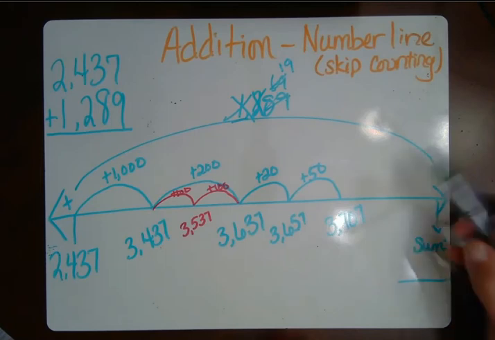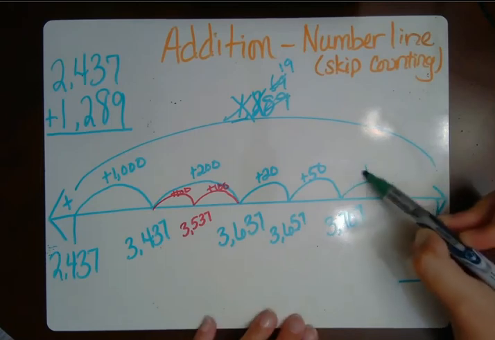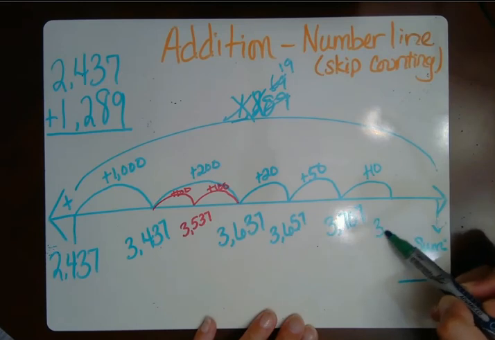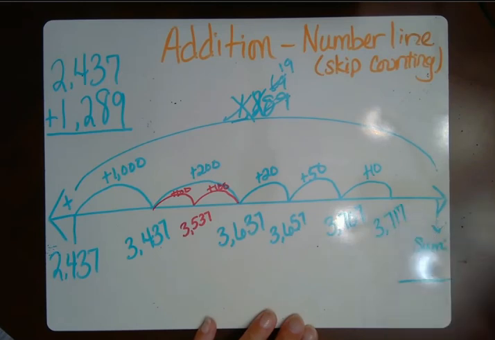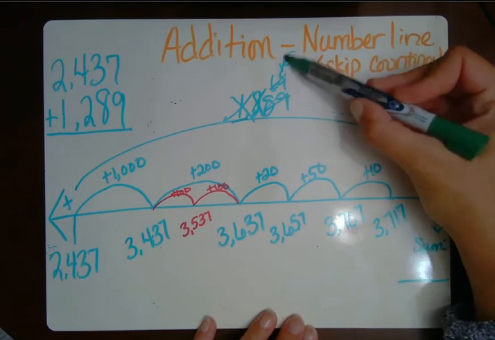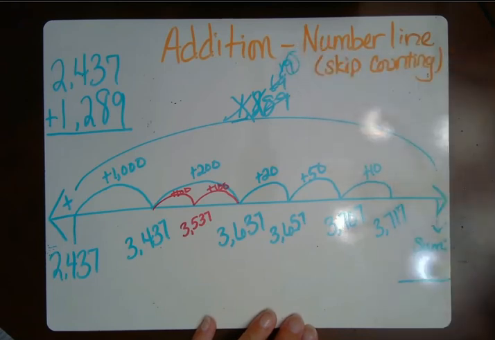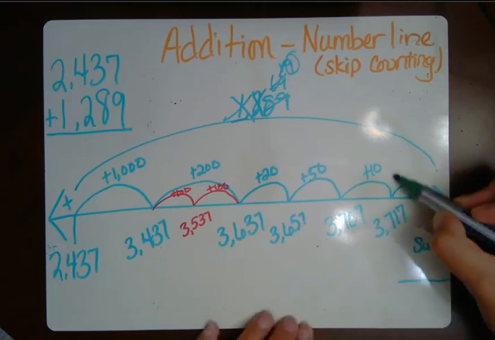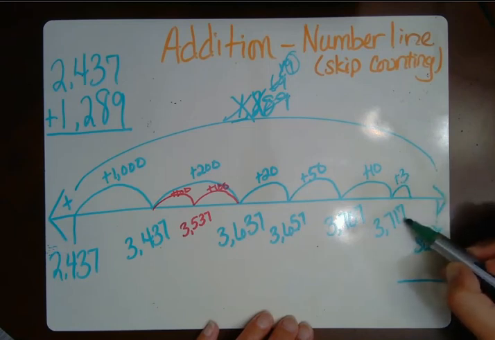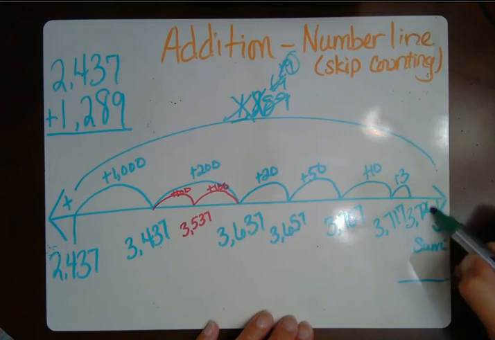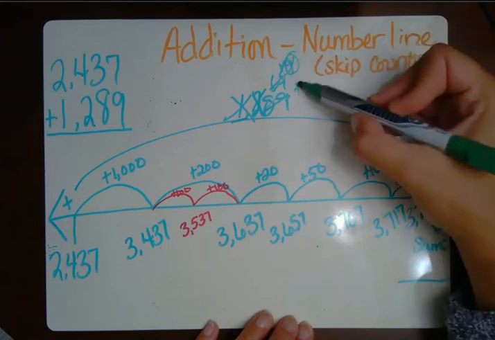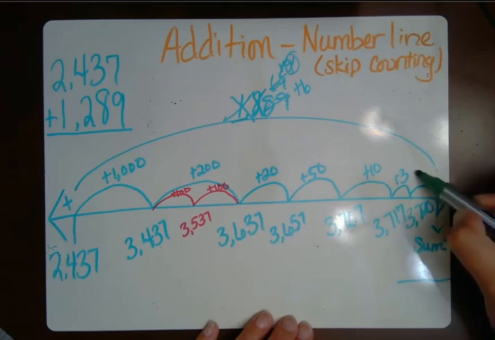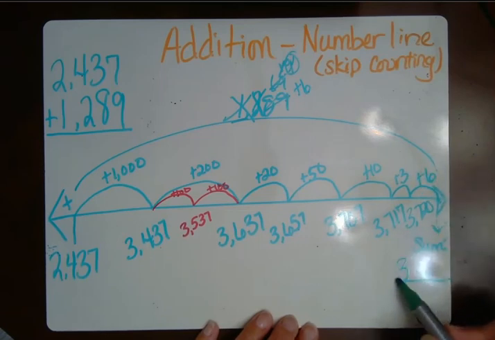Well, easy peasy. I'm going to add 10 first. Plus 10, that gets me to 3,717. So now all I have left is 9. Well, I'm not really certain that I can make that jump. I know that if I add 3, that'll give me to 10, making this 3,720. If I take 3 away, that means I only have 6 more to add, which will give me to